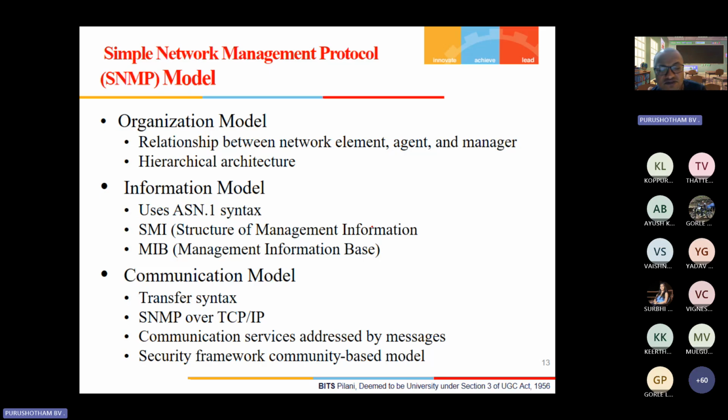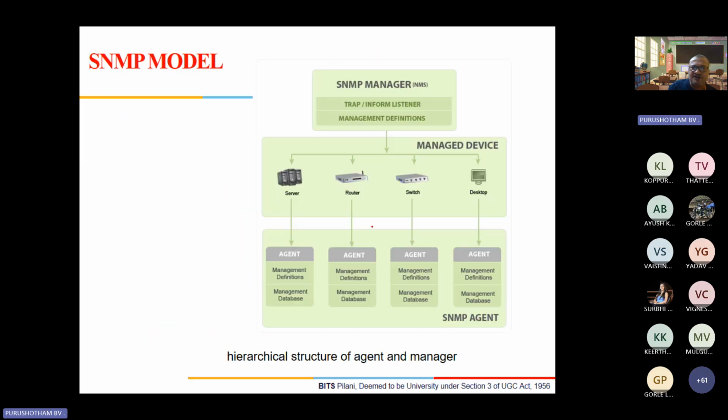The reason is that they are not defined in your mind or in my mind. It could be the opposite also, right? So then communication services are addressed by the messages, and the security framework, basically like our FCAPS, which we talked about, will also come into the picture.